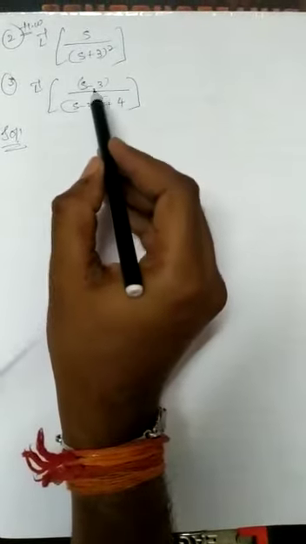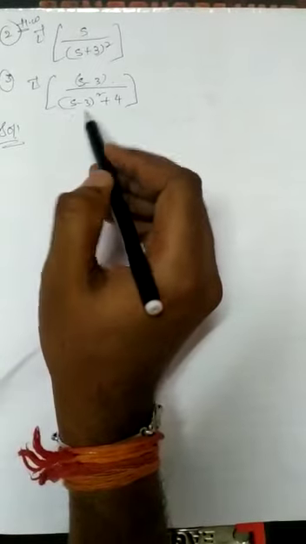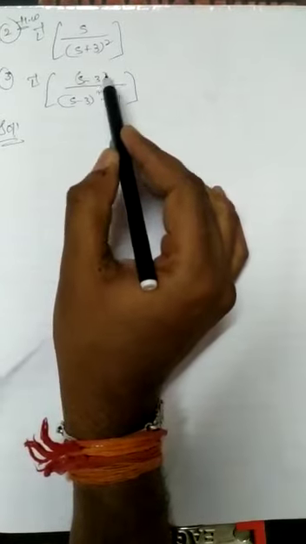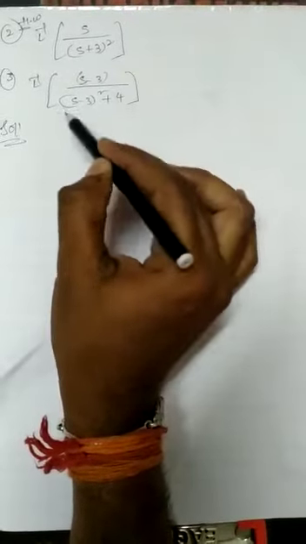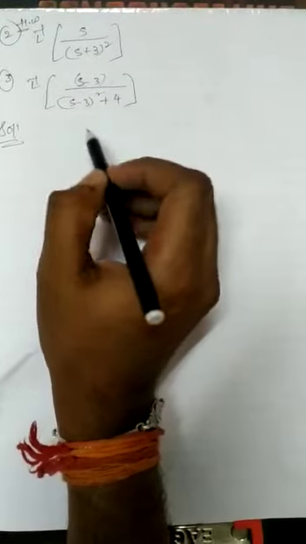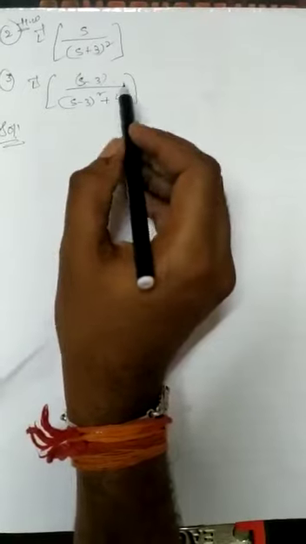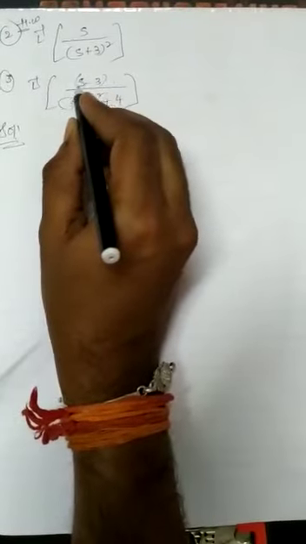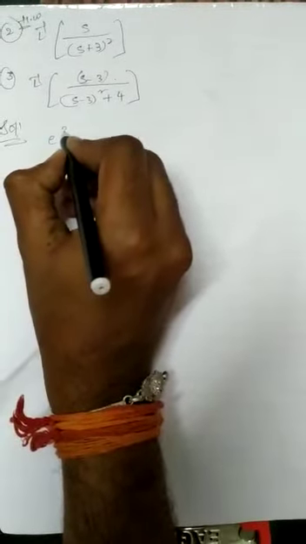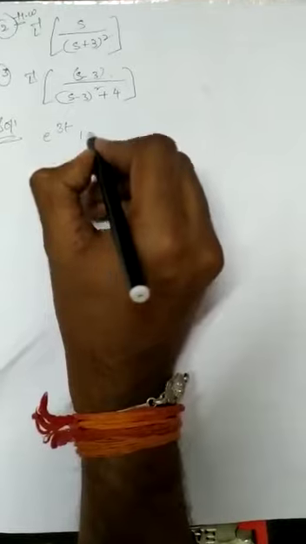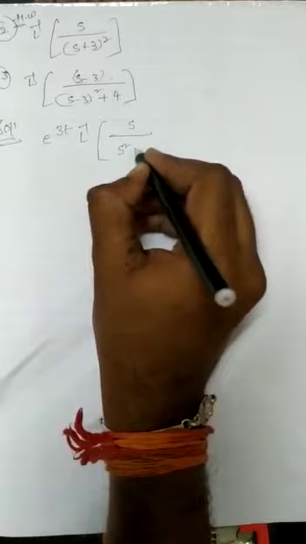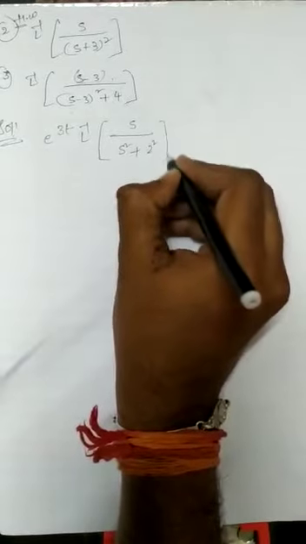So directly we can replace s minus a by s by writing e power of at outside, because we have s minus a. So s minus a means we have e power of plus at in this term. So by writing that e power of plus at outside, we can write this s minus 3 as s. Right? Okay. So to replace this s minus 3 by s, we have to write e power of plus 3t outside. So if we write e power of 3t outside, what you will get? s by s square plus 4. So 4 means 2 square.